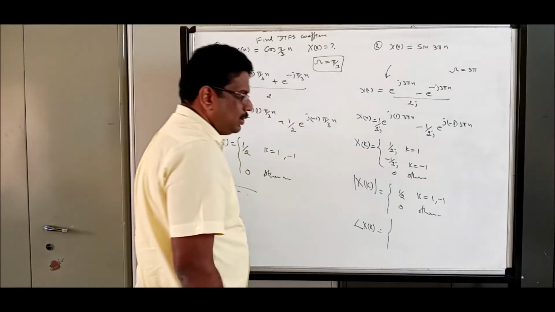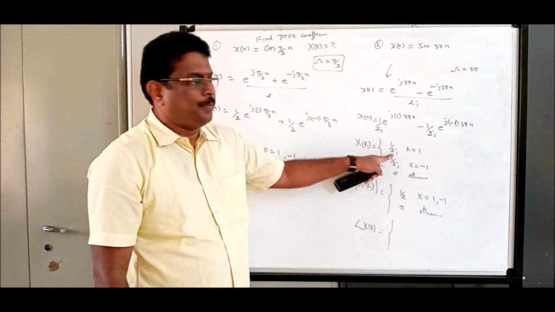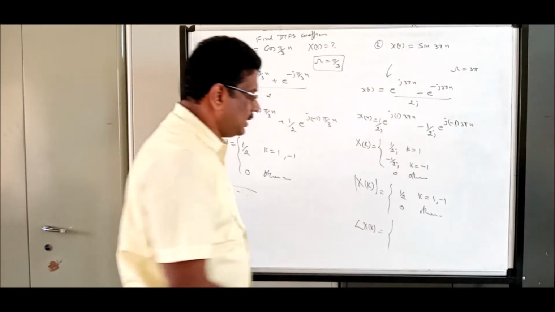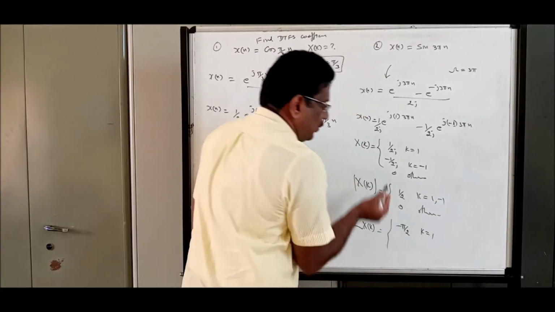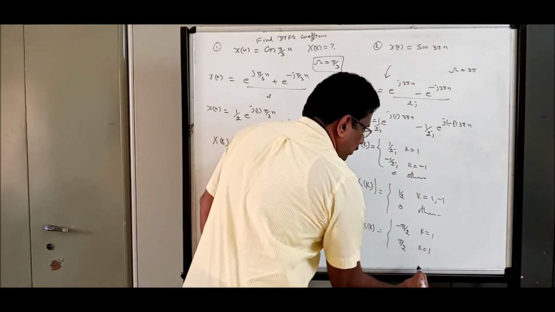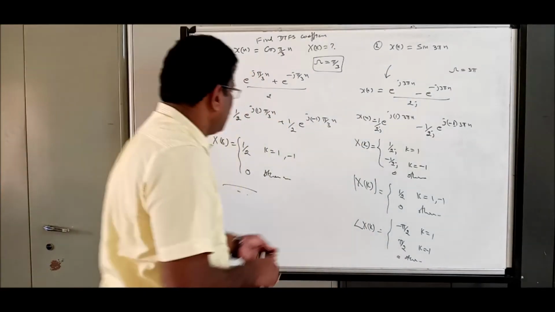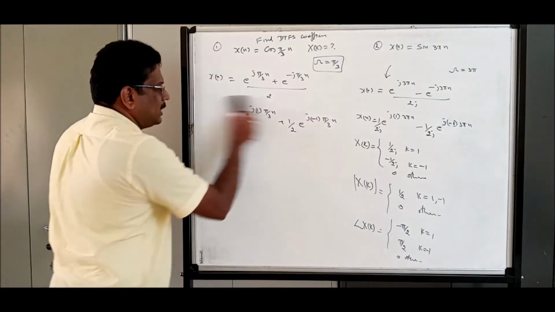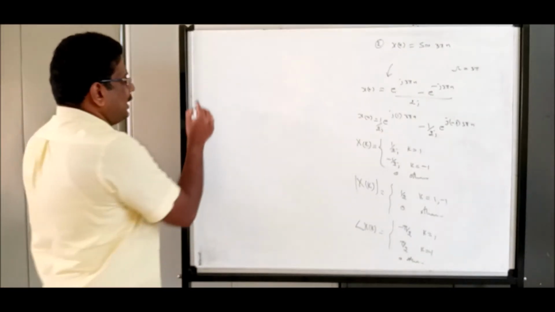I can also use the angle. I already told you in the previous one, if it is j, it is 90 degrees. Now the j is in the denominator, so it is minus 90 degrees for k equal to 1. Already one more minus, so pi by 2 for k equal to minus 1, 0 otherwise. For this problem especially, I would like to draw the sketch, the sketch of this particular magnitude of x.